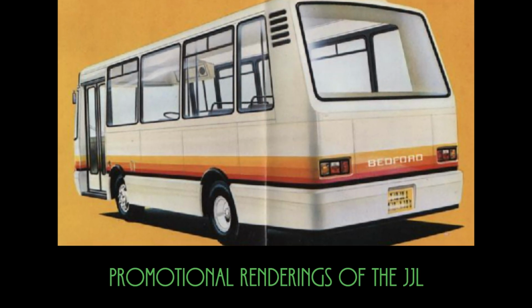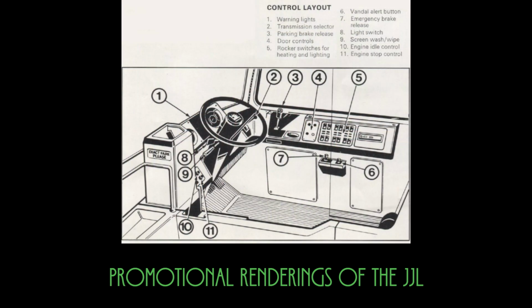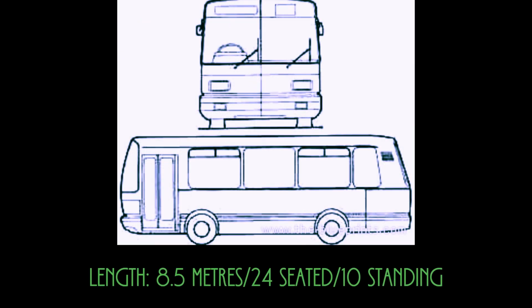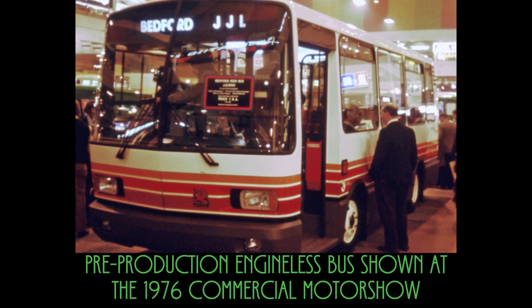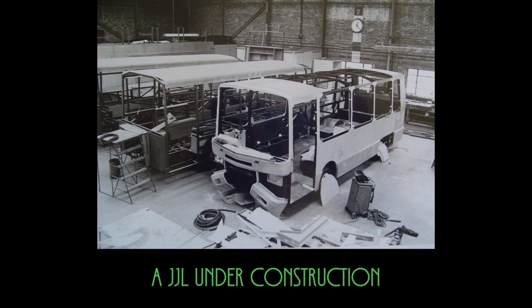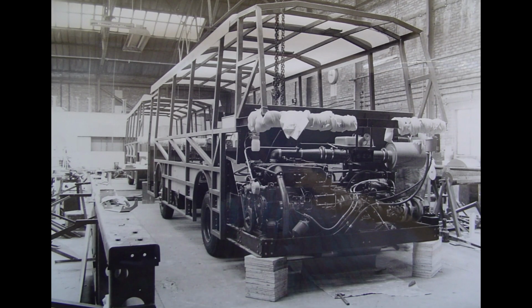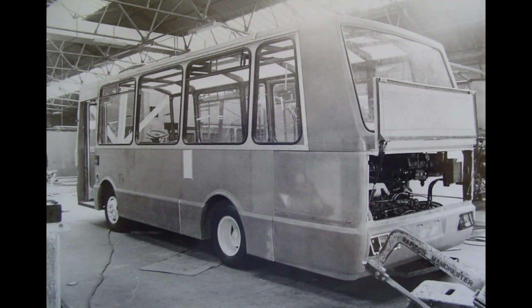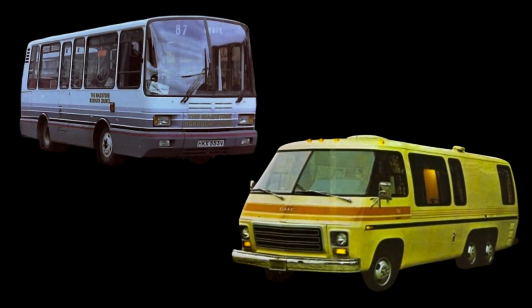Although innovative, the JJL was ultimately unsuccessful. The JJL was 8.5 meters long with 24 seats and space for 10 standing passengers. A pre-production prototype was built in 1976, and the only 4 JJLs produced were built from 1978 to 1981. It looked quite modern for its time and even had some design elements in common with the American GM motorhome